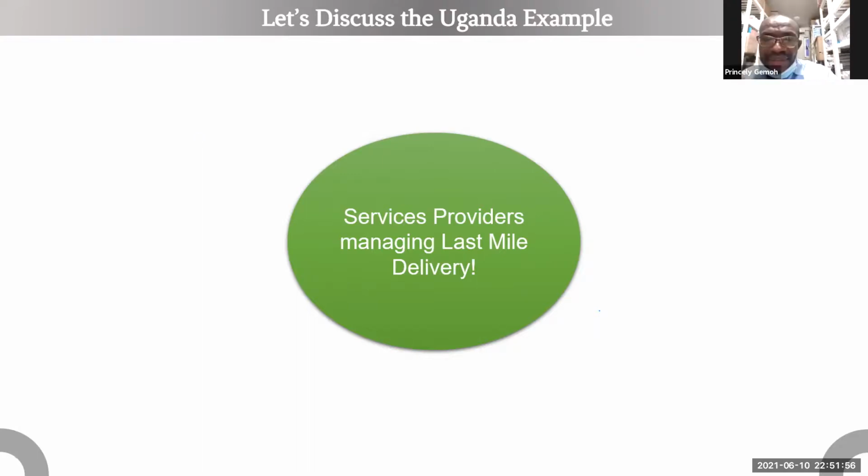Now, when I look at the Ugandan model, I realize that the private logistics providers, the private LSPs, were not given performance-based risks and rewards. I don't know why they refuse to do that. Let me take an example. Maybe there's an outbreak of cholera in the hinterlands, and they need water to drink. There is water in the warehouse for transportation, but it could reach the children only in 48 hours. And the driver decided to deliver it at that station in the hinterlands within 24 hours. That's a risk that needs a reward.